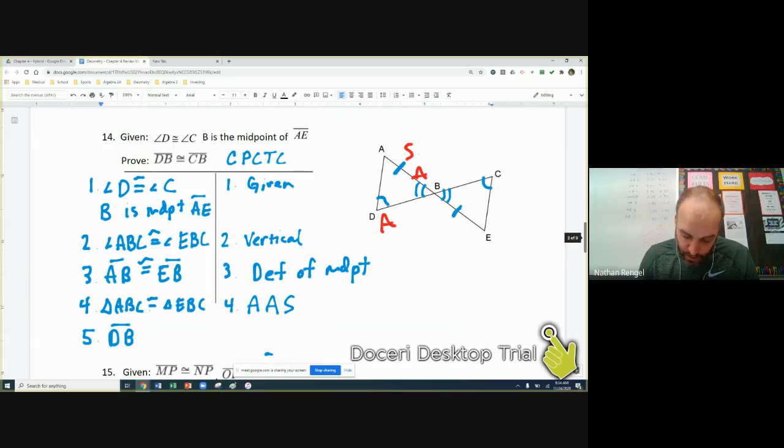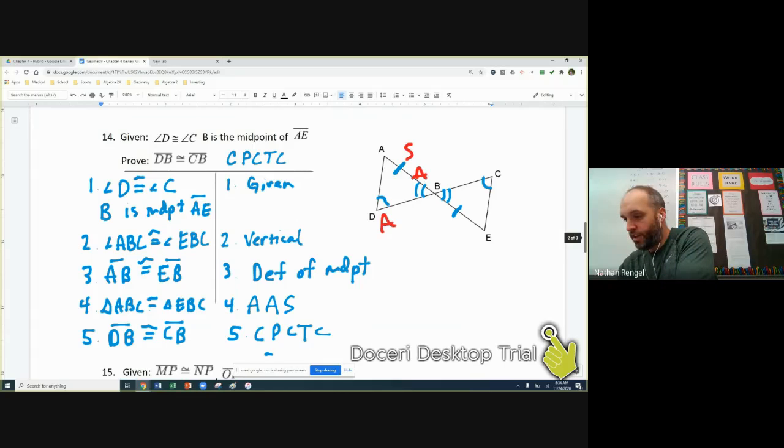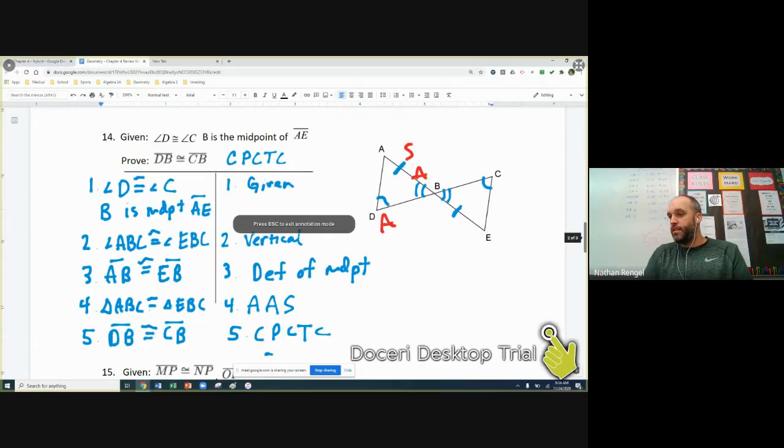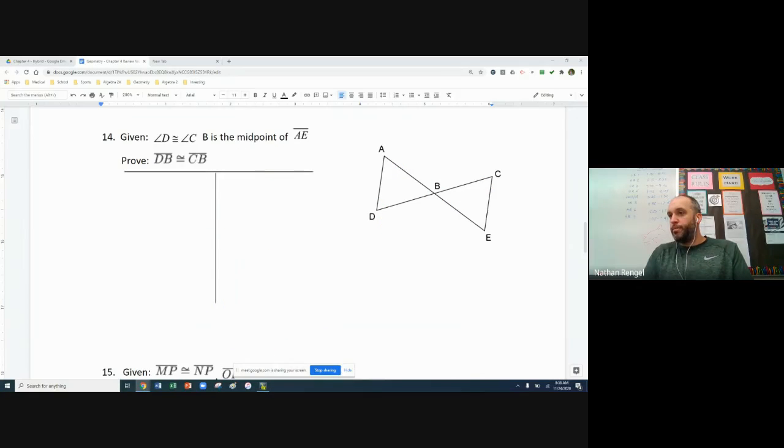DB would be congruent to CB, and that's because of CPCTC. Not CPP, CPCTC. So there would be my full proof. Once the triangles are congruent, I can now prove any parts are congruent with that CPCTC. So I will post that